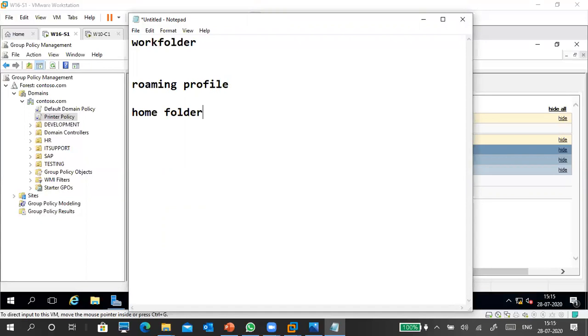Z drive means your shared folder, a mapped network drive. Multiple users, like 3-4 people, may be working on the same project, and I want to put all the project details in the centralized folder. When the user logs in, the shared folder is automatically mounted to your PC. That is called a home folder.